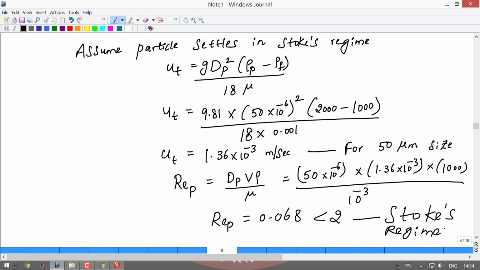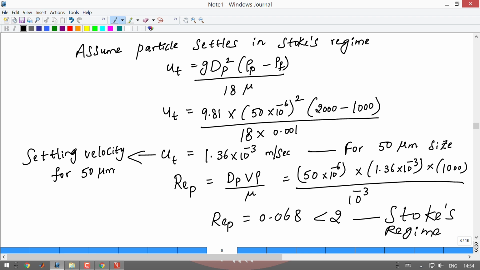Now, in the question we are asked to calculate the maximum water velocity with which we should pump the water so that particles of size greater than 50 should settle down, and particles of size 50 and less than 50 should be carried up with the water. So, if we pump the water with this velocity, which is the settling velocity for the 50 micrometer particle,